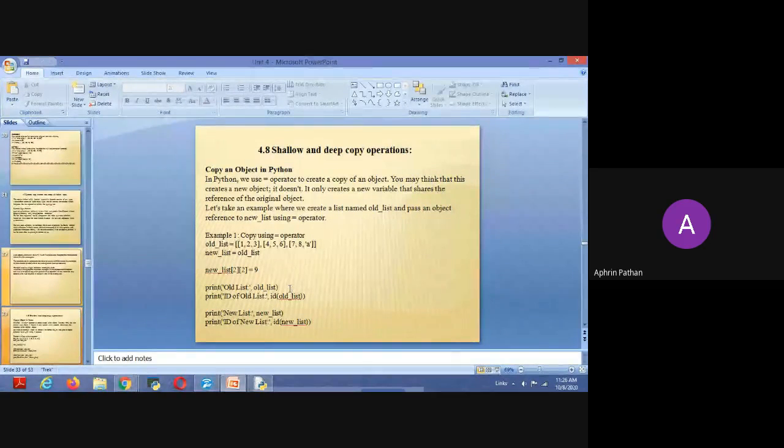And if we want to print the id of the new list, then simply use the print new list, that is new list, and id of the new list, id in bracket we are passing the